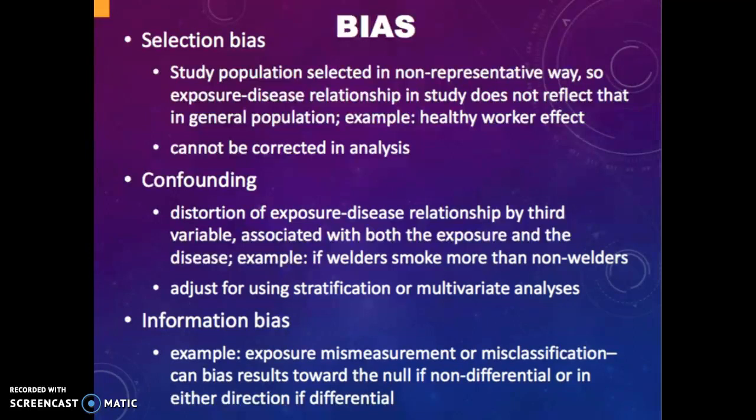Unlike some other types of bias, you cannot control for selection bias. Confounding results when a third variable related to the exposure and disease distorts the association. For example, you might be interested in the relationship between lead exposure and reading level. You would consider socioeconomic factors like income and maternal education as confounding variables because lead exposure and reading level can both be